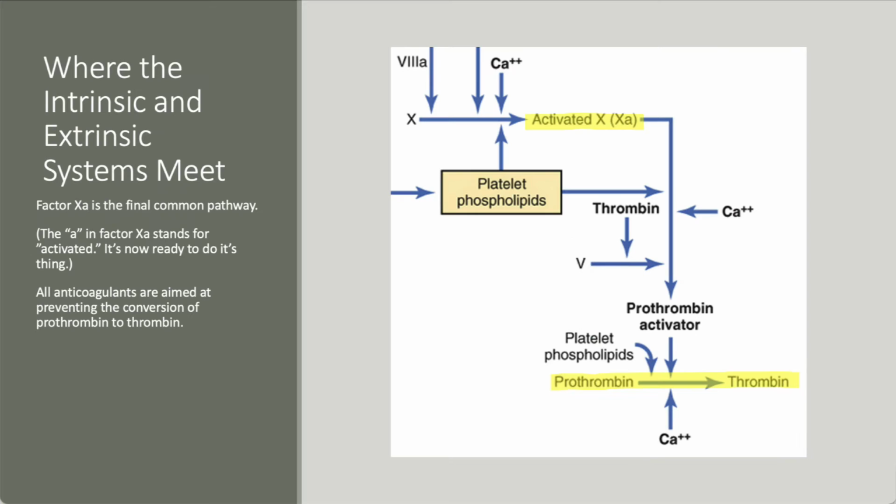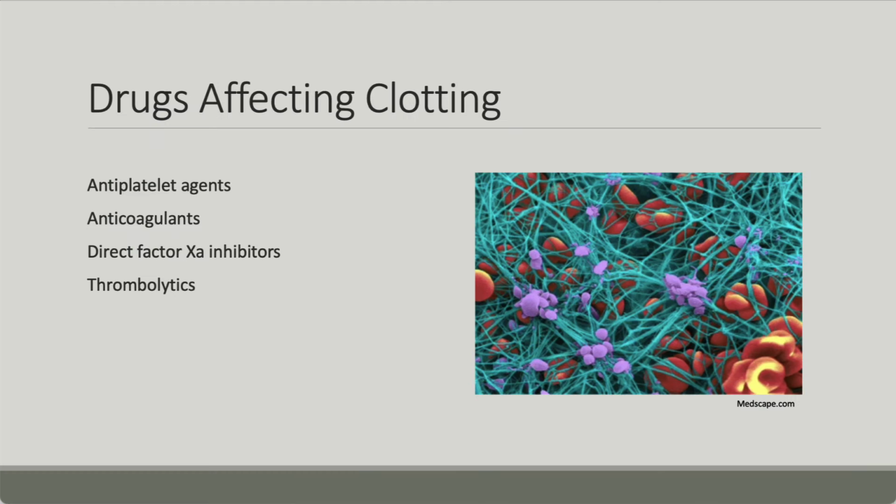Okay? So remember what I said earlier is that there is a point where the intrinsic and extrinsic pathways meet. That is here at factor 10A, or activated factor 10. And so we can devise a way that if we can just poison this step, then we affect all of this stuff downstream. We affect thrombin, we affect prothrombin, and all of this activation of the blood clot can happen. So we're going to need that information when we start talking about some of the novel oral anticoagulants.